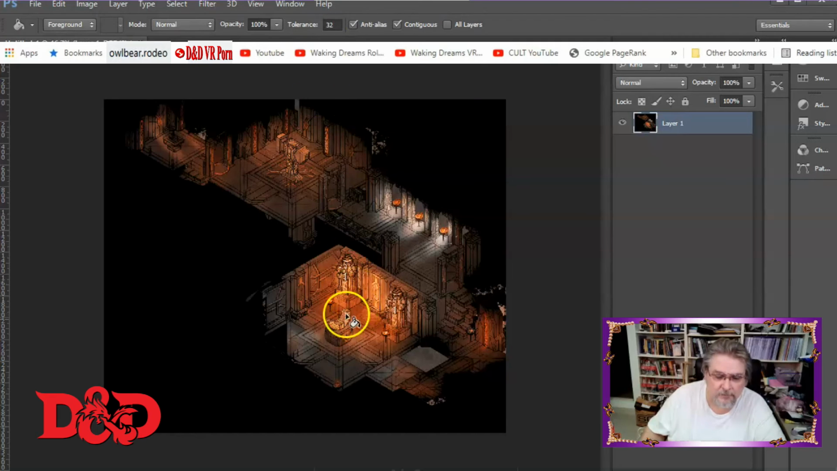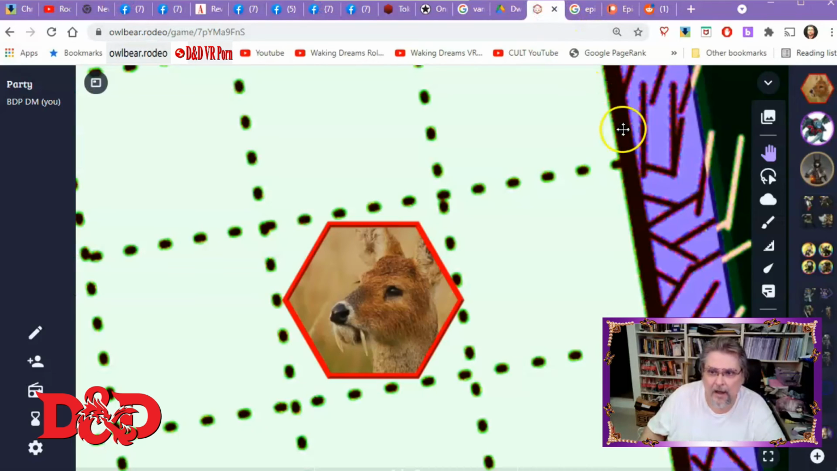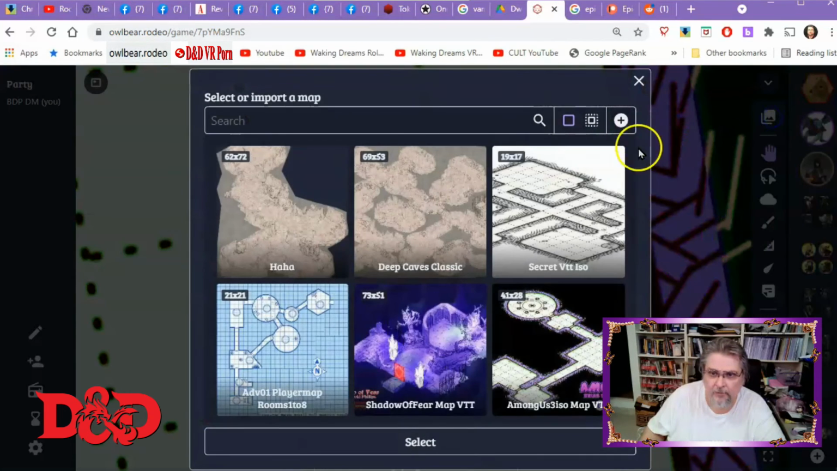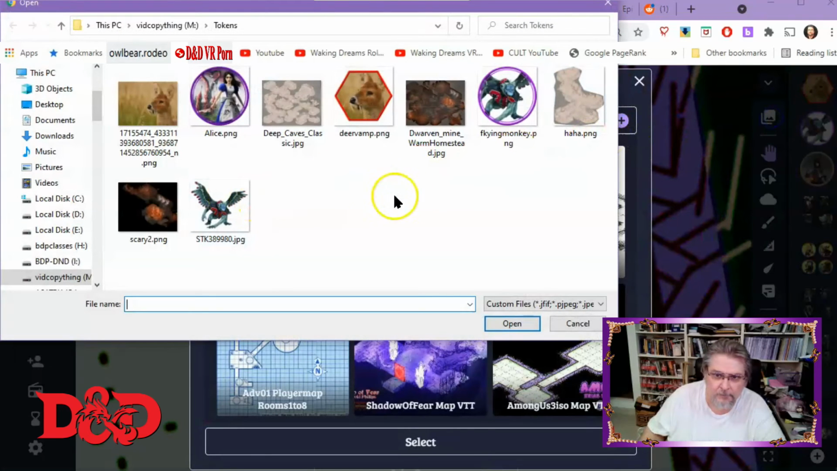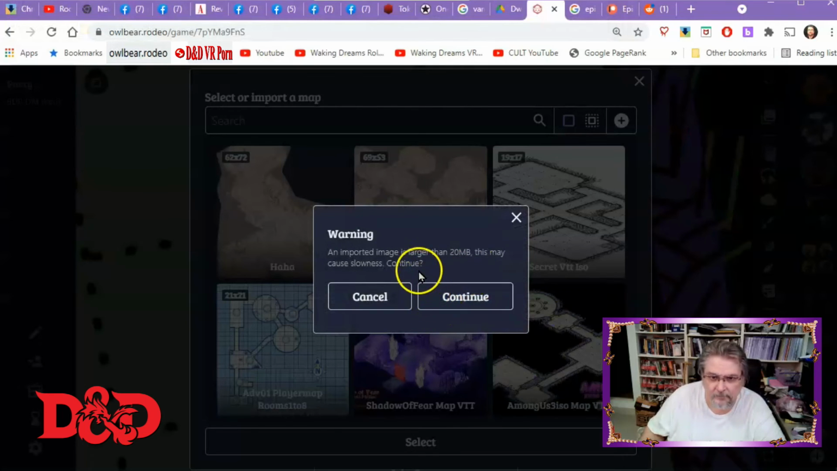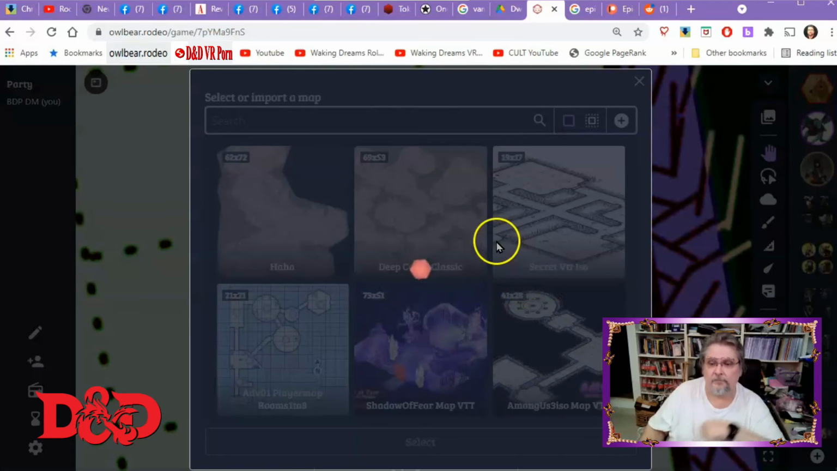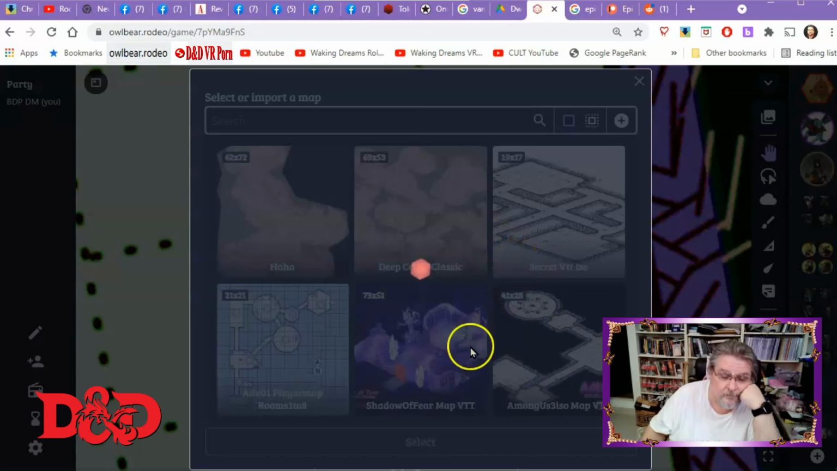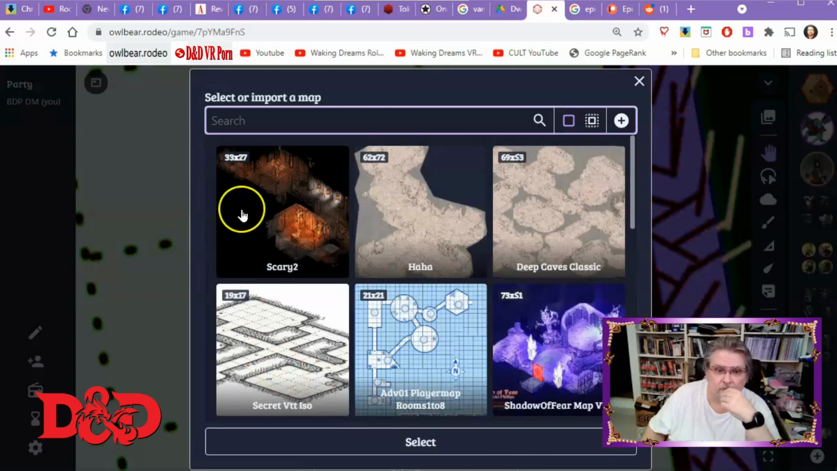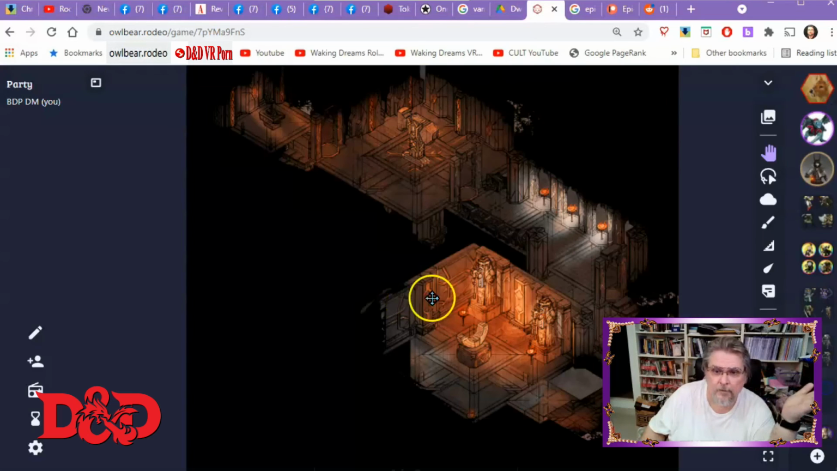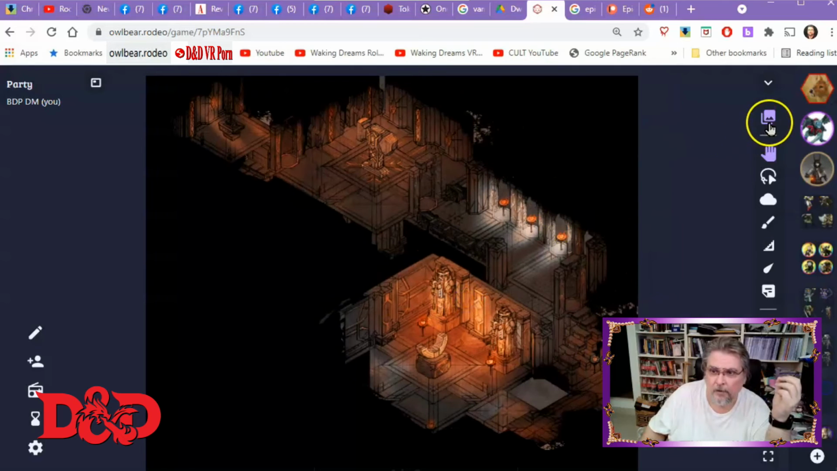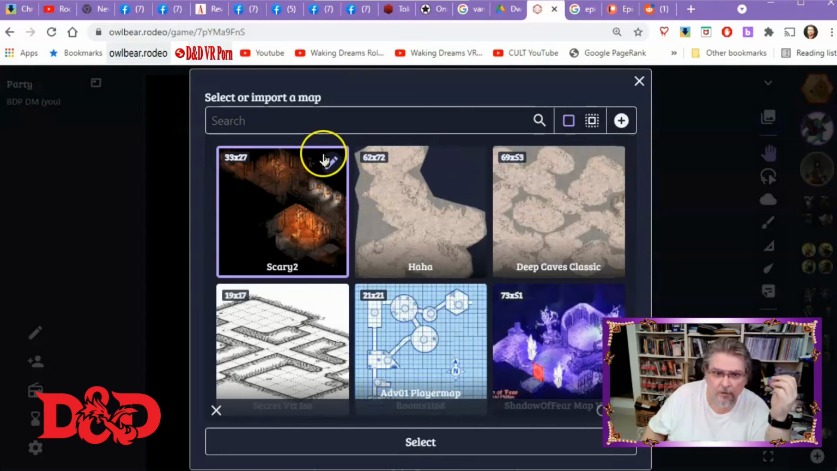So now we got that map, and we can go to our Owlbear, go to maps, I'm going to add my new map, scary. Select, boom. Now I can also go to my map and edit,